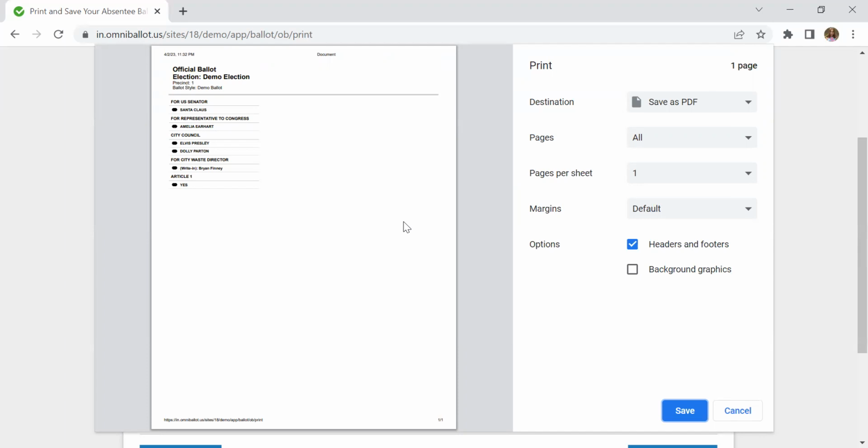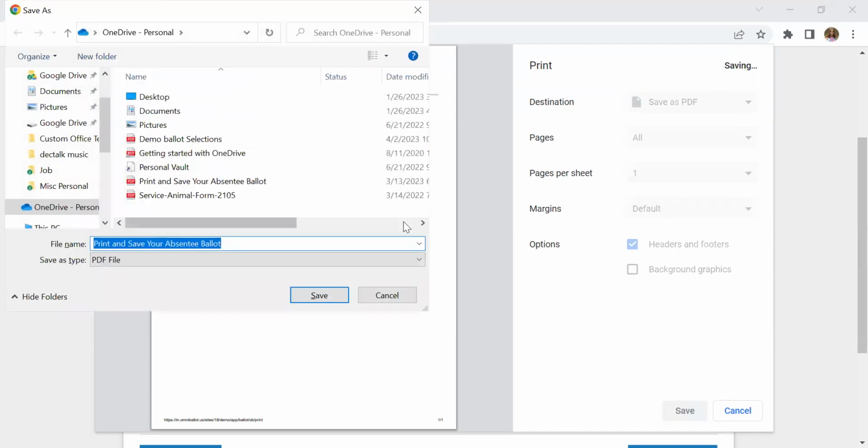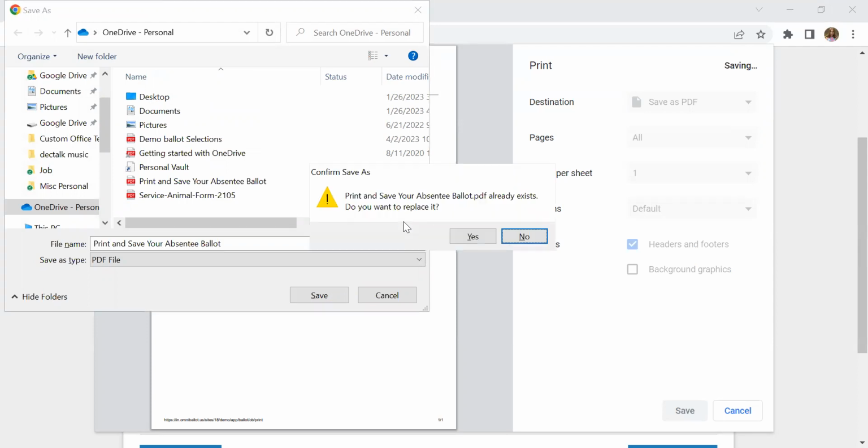So I'm going to press space to save. Save as dialog. File name. And then just as you would with saving a regular file, it's going to bring up your folders and your options of where you would like to save. So you would just select where you want to keep it. Confirm save as dialog. No button. Alt+N. Yes button. Alt. Print and save your apps.